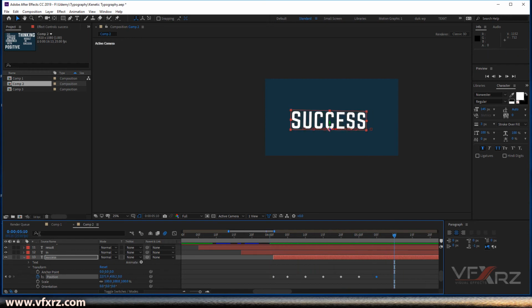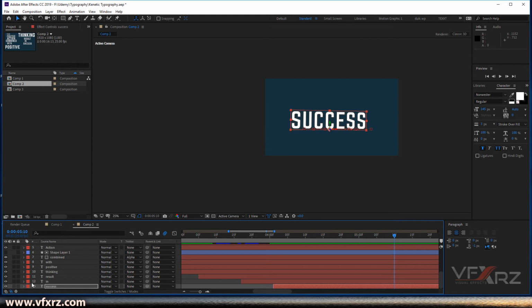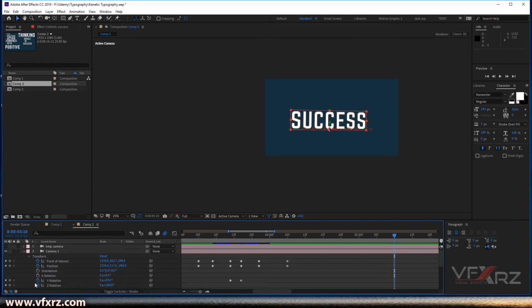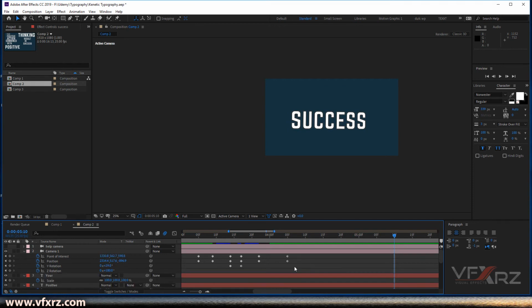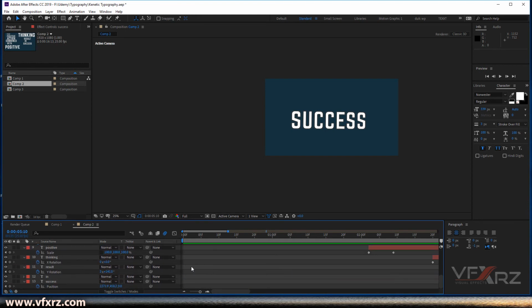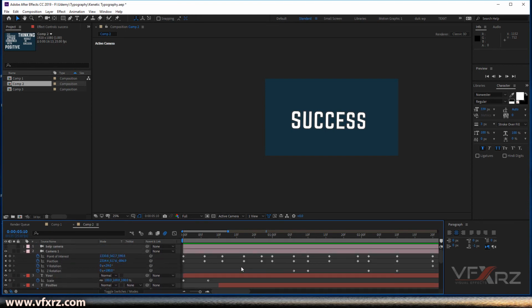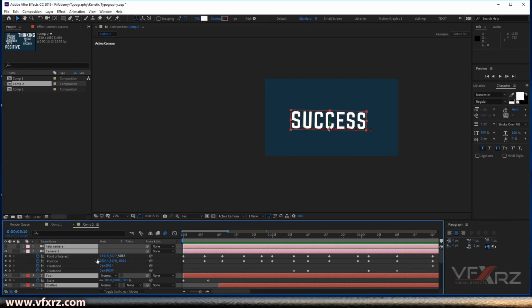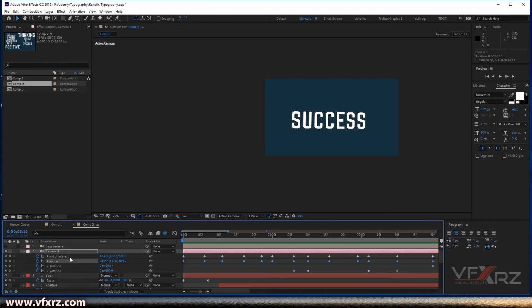That's really good. And if you want to smooth your typography, kinetic typography, just here press U to show all keyframes. Here you can see all keyframes, and when you press Control and here select all